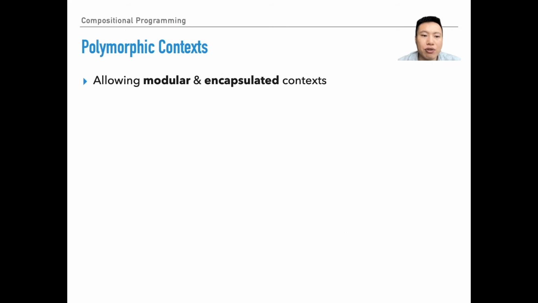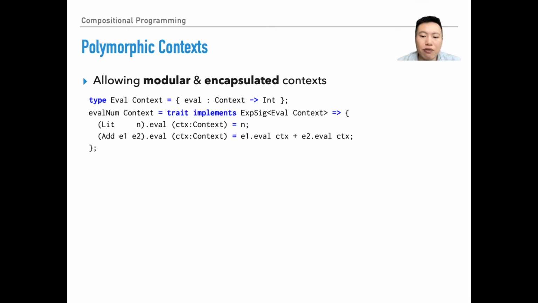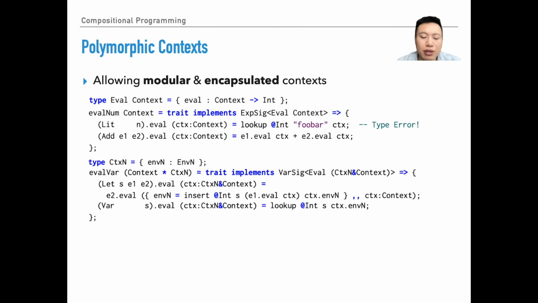We introduce a novel technique called polymorphic contexts that allows modular and encapsulated contexts. The signature of eval needs to be changed to a function from the type parameter context to int. When defining eval num, the context parameter is kept abstract. Now, looking up a variable name will be rejected by the type system. When a particular context is needed, we intersect that concrete context type with the abstract context parameter when instantiating the